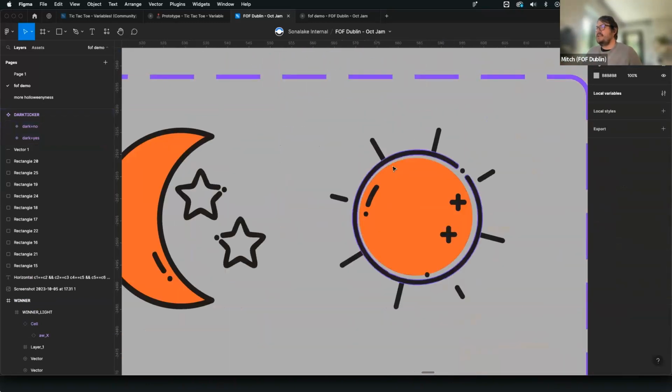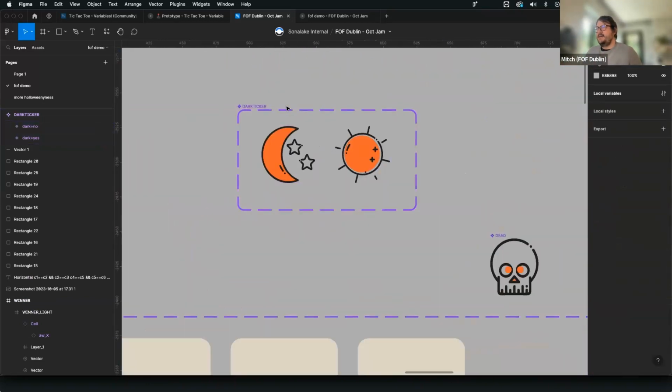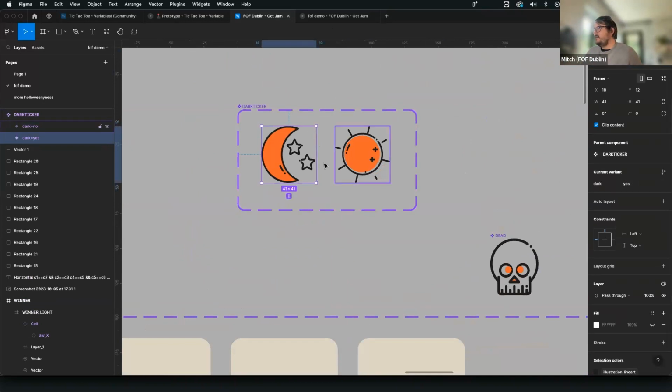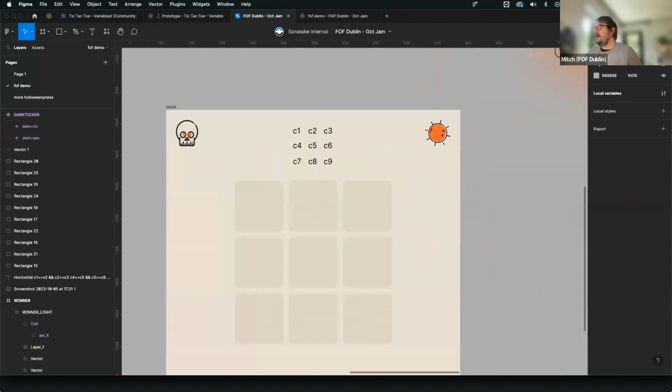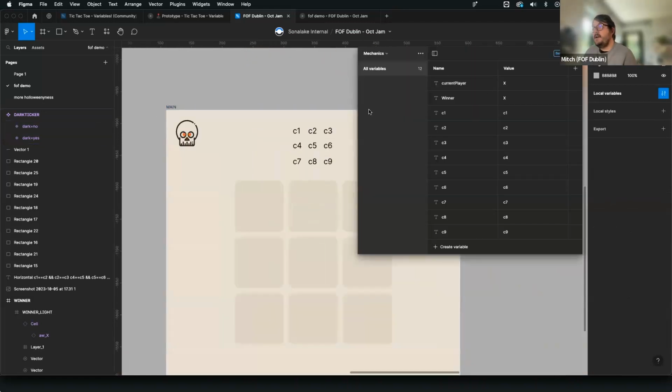I think it was originally like a magic ball. But anyway, I've got a little sun that says yes, and a little moon that says yes, and a little sun that says no. So is it dark, yes or no? The other thing that I've done with local variables, besides the mechanics that you see here, is that I've used